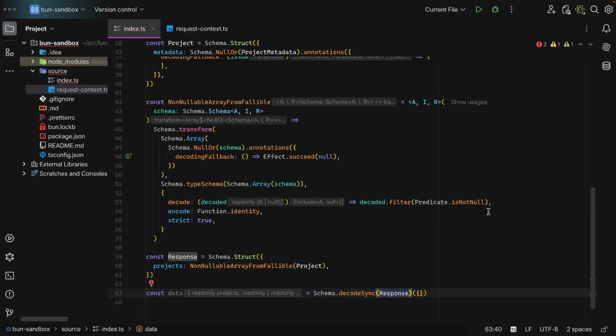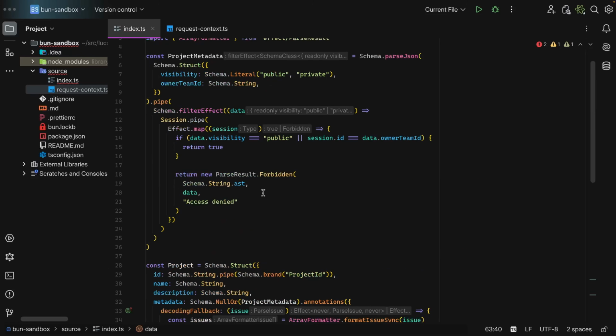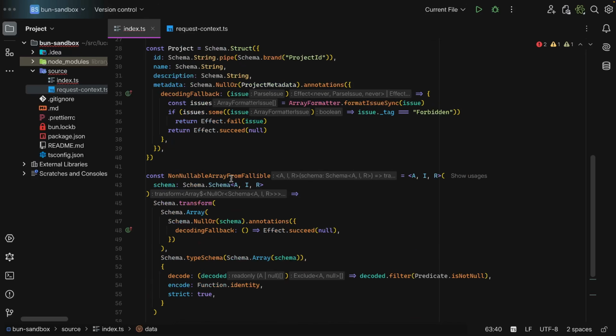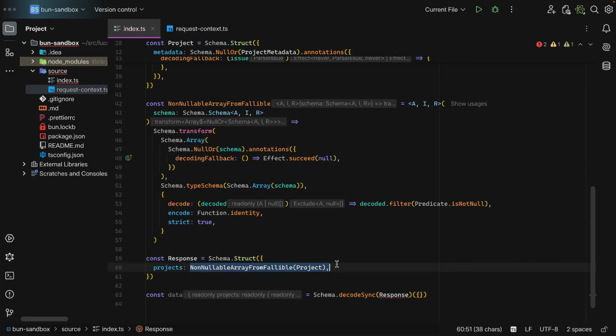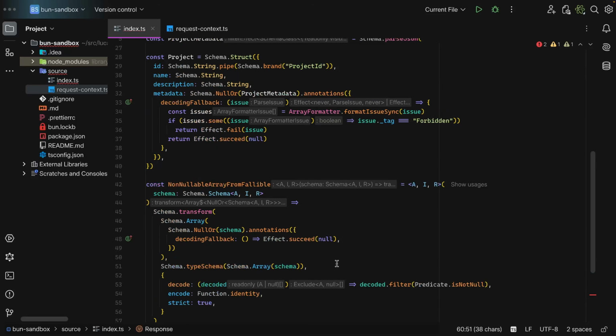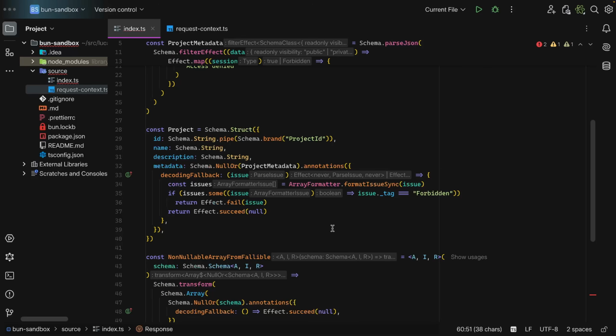Anyway, with this, you can now ensure that if you fail with a forbidden, it is going to be propagated over to this right here, and it is going to filter out the entity in its entirety. Meanwhile, if it fails with whatever other issue, metadata is going to be null. And this is how you can achieve ABAC